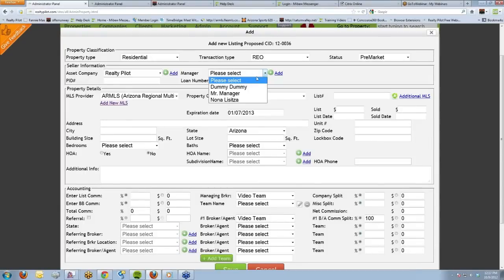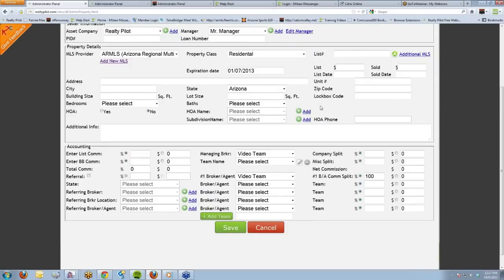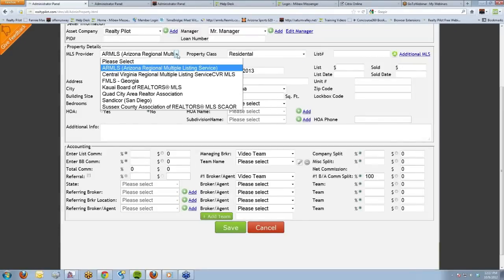And then we'll add that asset manager or a contact within that company. Again, if you don't see them, you can add them here or edit their information here. Enter the PID, loan number, and then we'll enter specific property information. Now, if you have obtained a RETS connection from your MLS, you can enter the MLS number here and import it. What you want to do first is under MLS Provider, select the MLS that you're attempting to import from